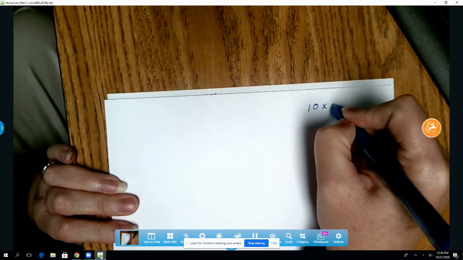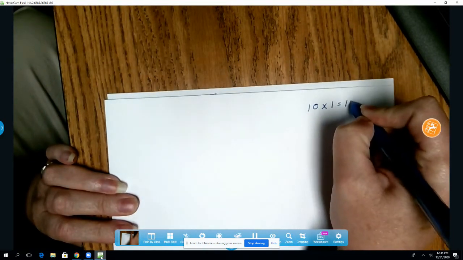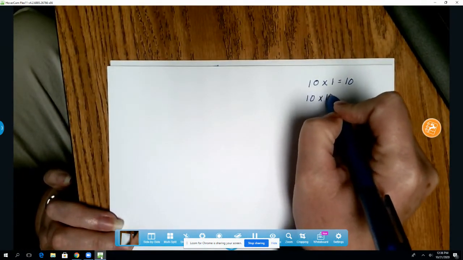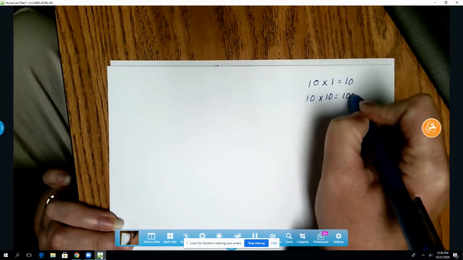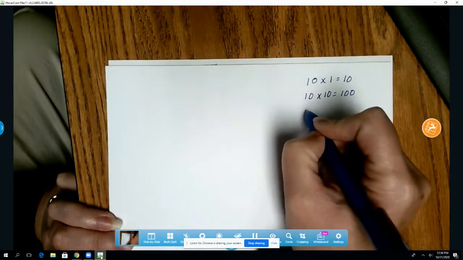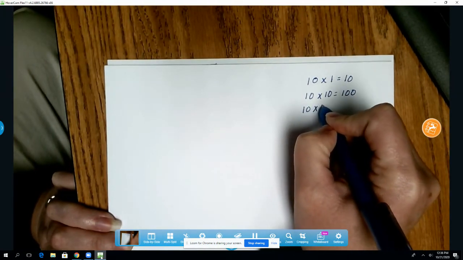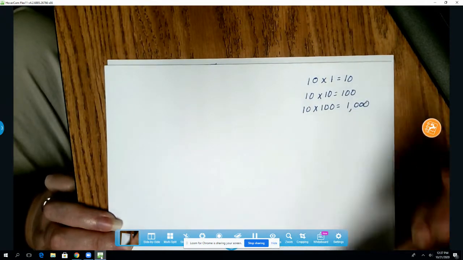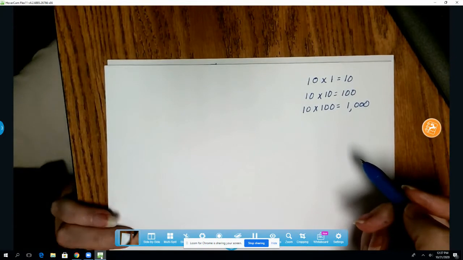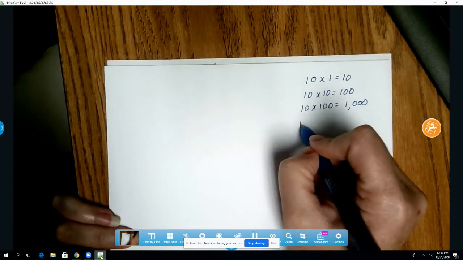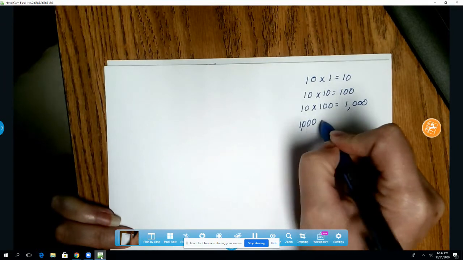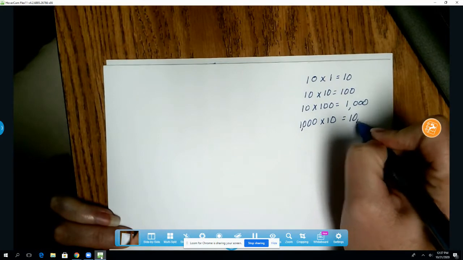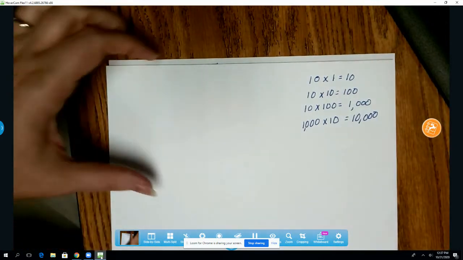So if I were to take 10 and multiply it by 1, that equals 10. If I multiply 10 times 10, it equals 100. If I multiply 10 times 100, that equals 1,000. And if I were to take 1,000 and multiply it by 10, that would equal 10,000. And the thing I want to show you here